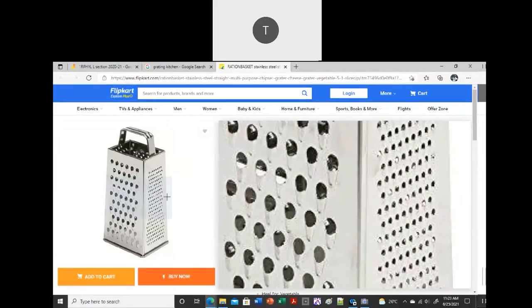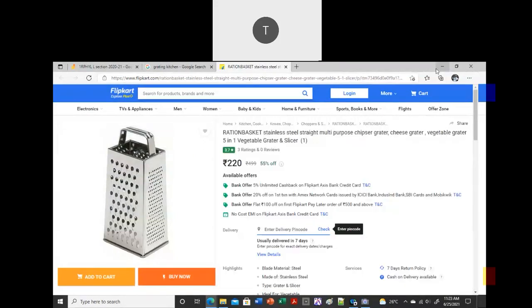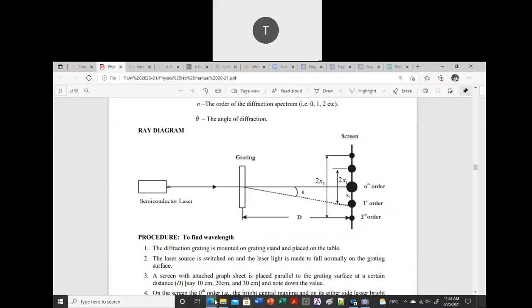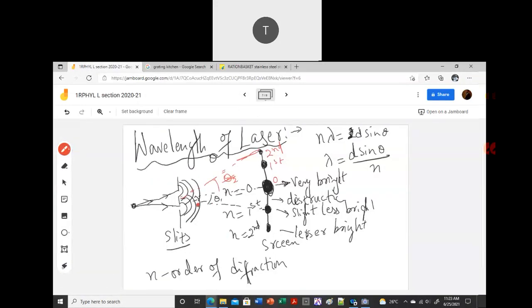So that is what we call a grating. These spots would be your slits. Because if you take Young's double slit experiment, in that case, what happens? You need to have slits, and there is a condition for slits. You cannot take just any slits. For diffraction, you have some condition.